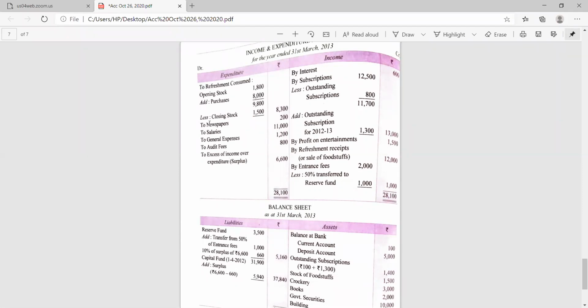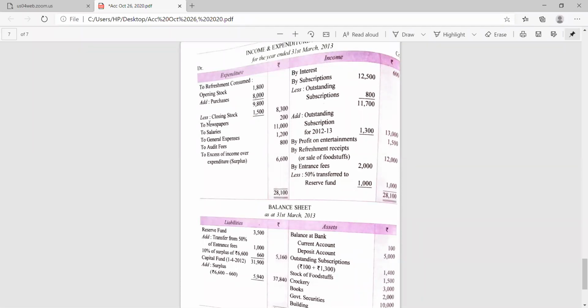But don't forget, the receipt and payment account includes all the cash and bank balances. It covers all the receipts and payments related to the previous year, current year or next year. But the income and expenditure account does not consist of any opening and closing balance of cash. The opening balance of cash is to be shown in the opening balance sheet. The closing balance of cash is to be shown in the closing balance sheet.